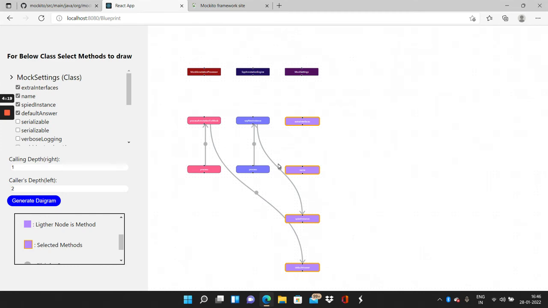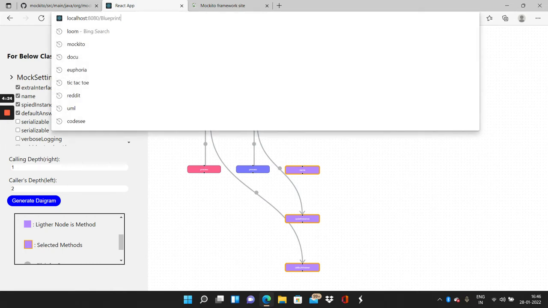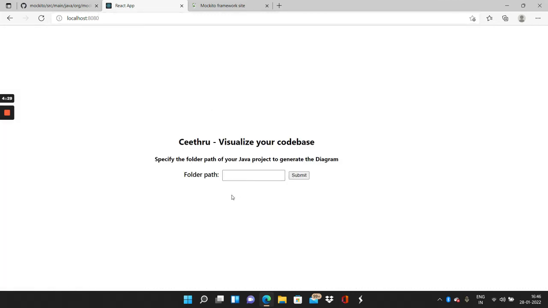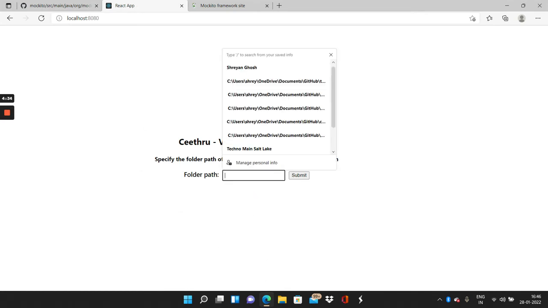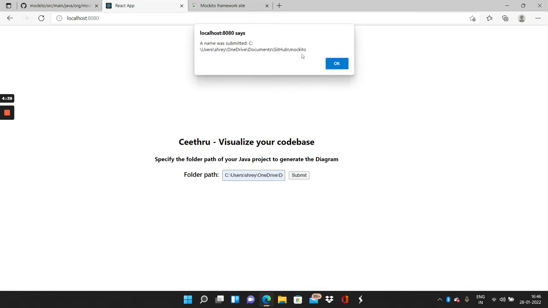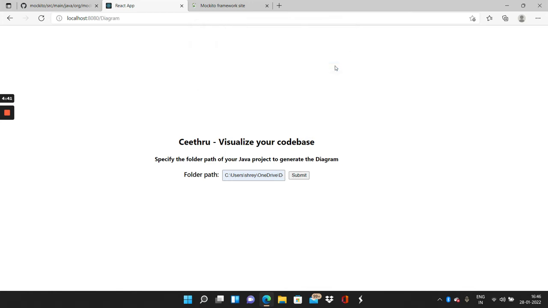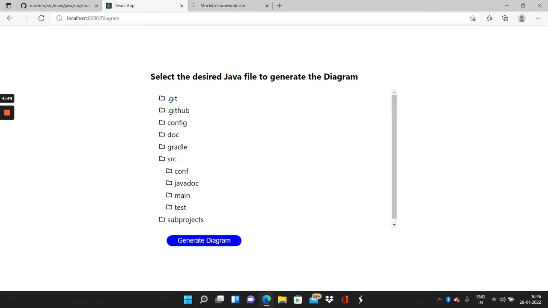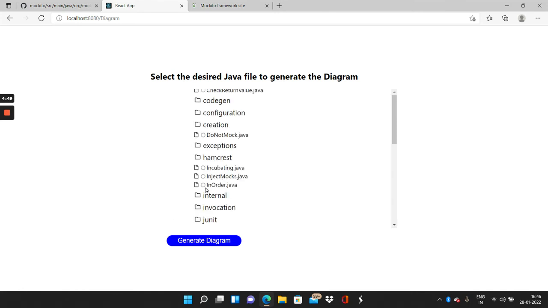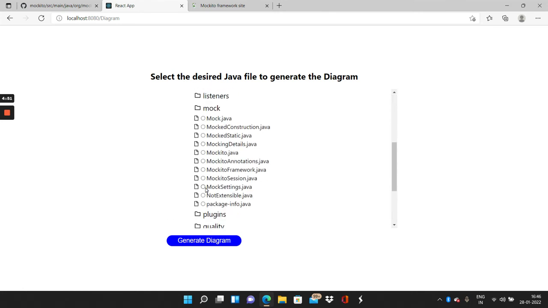So I'll show you how you can generate your own diagram for this. Let's go to the home page, and right now I have this repository in my system. I'll just provide the folder path, and there you go. It also says that it's Mockito in my local system, and then I'll choose the same file that I had. It's very easy to find the file, and as you can see, it's very intuitive. I'll just open that very same